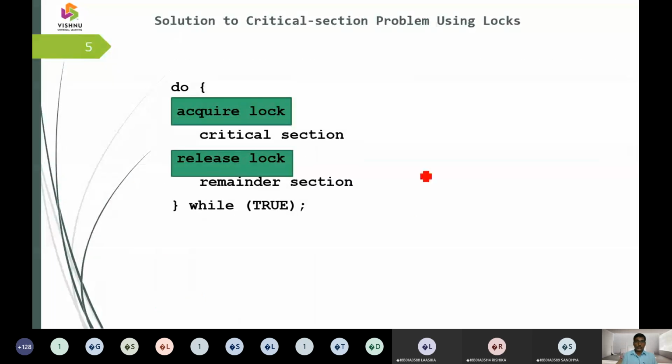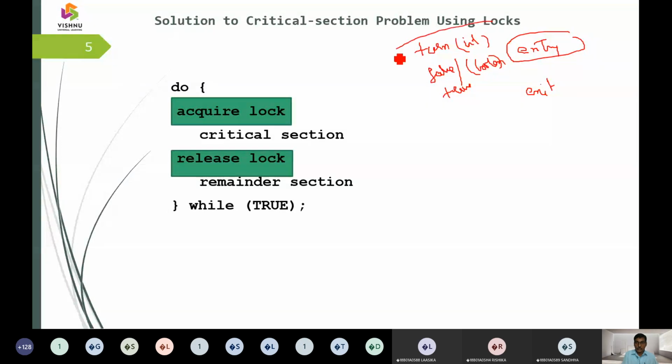Now the Peterson solution, earlier it has two elements. One, we are going to call it the entry state, another we are going to call the exit state. And in the entry state, the Peterson solution has been taken up with two elements. One is turn, and turn is defined as an integer value. Later on, it has false or true, so that is taken as a Boolean value. With these two elements, it has managed the critical section. Here the critical section is there, and after the critical section there is a remainder section. So that is totally managed.